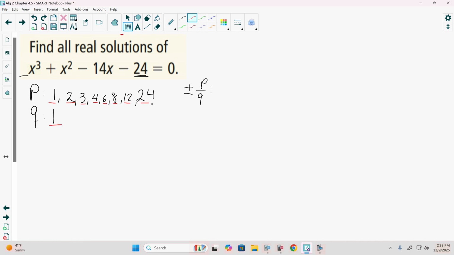So what we're going to do is divide all those values of P by our first and only value of Q. So we'd first off have 1 divided by 1, 1 over 1, which is 1. We do the same thing with 4, 8, 6, 8, 12, and